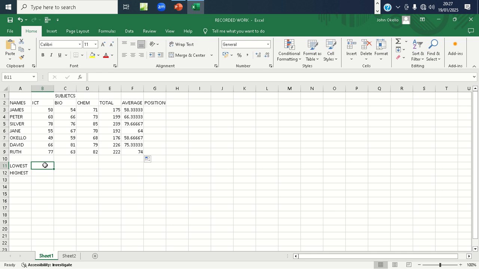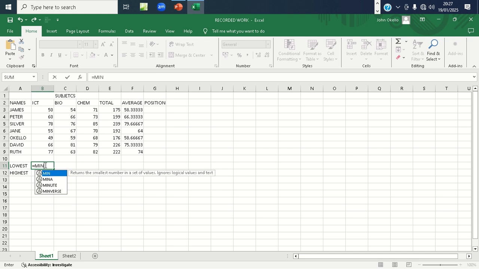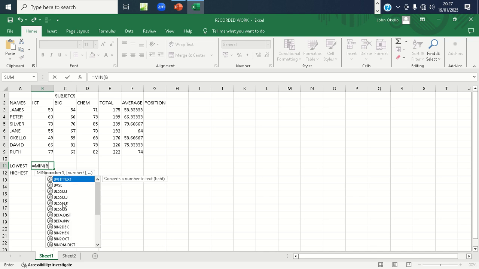You put your equal sign, you type min. When you type min, Excel brings the formula, and you can double click on it. Since we are calculating the lowest mark for ICT, now you put B